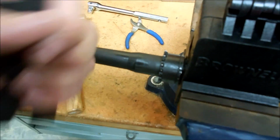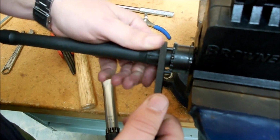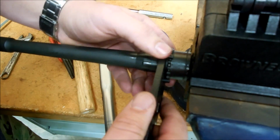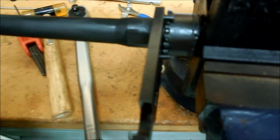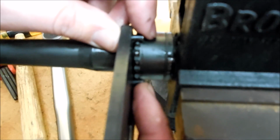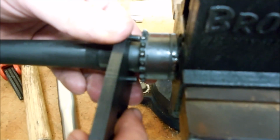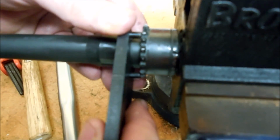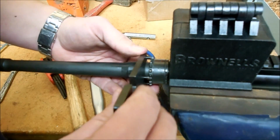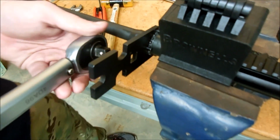Sometimes what you can do is take the wrench or the extension off of here. Makes it easier. Slide on there. You see how that just did that? If you notice, the top one and the very bottom one that's out of sight is lined up, but the one in the middle is not caught on a tooth on the barrel nut. That's a good way to break teeth off the barrel nut. There we go. Alright, so once we have that on there,